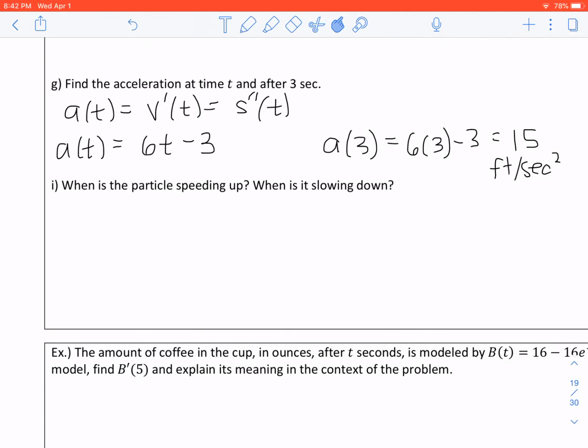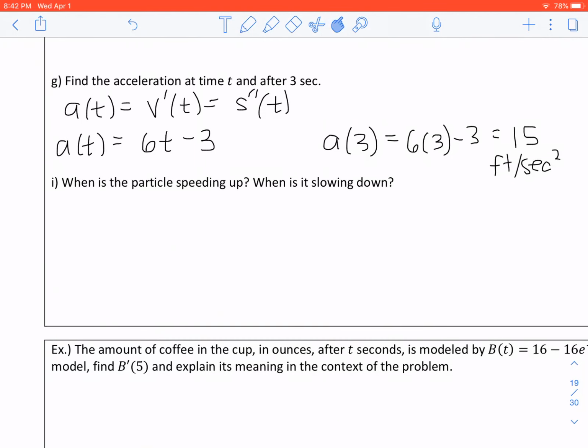So the next one on here says, when is the particle speeding up and when is it slowing down? And in order to do this, we have to look at our velocity